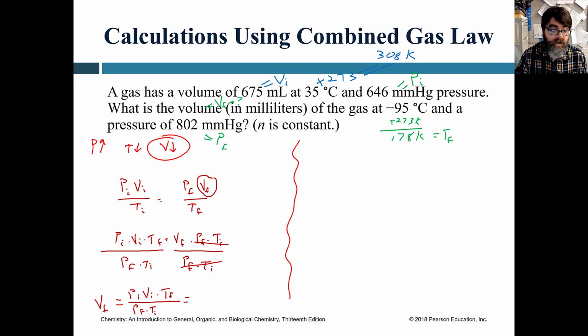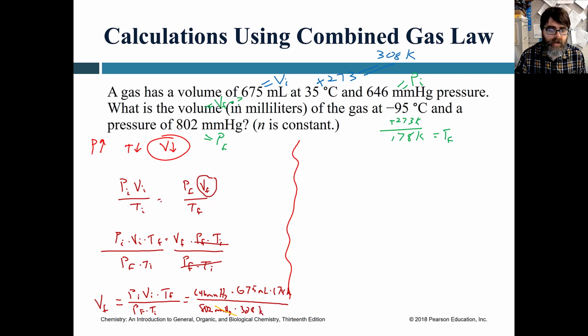Well, now I can plug those values in. My initial pressure is the 646 millimeters of mercury. The volume initial is 675 milliliters, and our temperature final is 178 Kelvin. You just have to be careful with which one's which. I almost looked up the wrong temperature there. The pressure final is 802 millimeters of mercury, and the temperature initial is 308